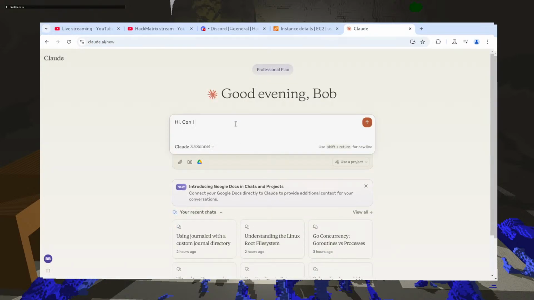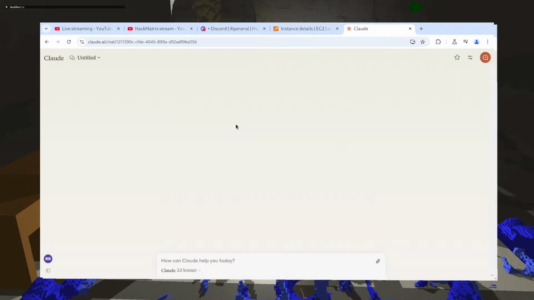Hi, can I change AWS instance type for a pre-existing instance?